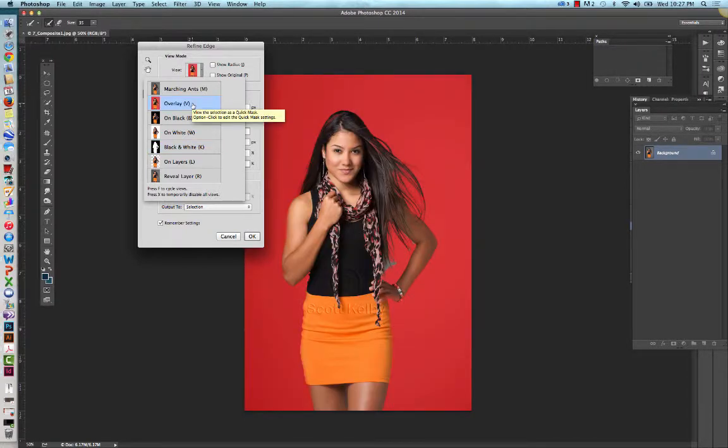The parts that are selected appear in full color, and the parts that aren't appear in red. If you see the background color showing through, in our case gray, you've got a problem, and we do here, so do I, right here on the left side. So you need to tell Photoshop exactly where the problem areas are so it can better define those areas. You do that with the Refine Radius tool,